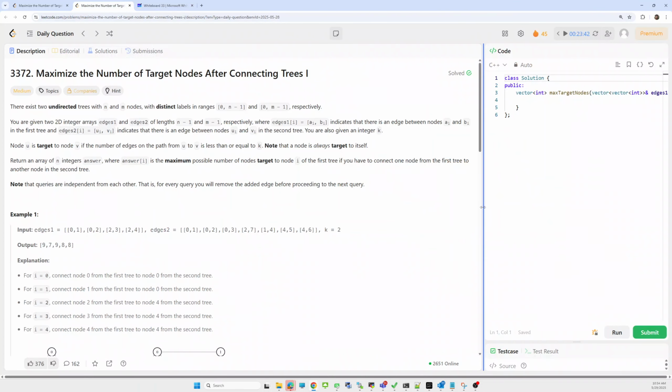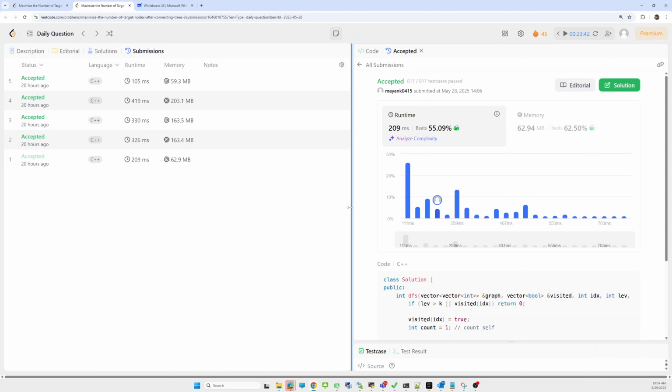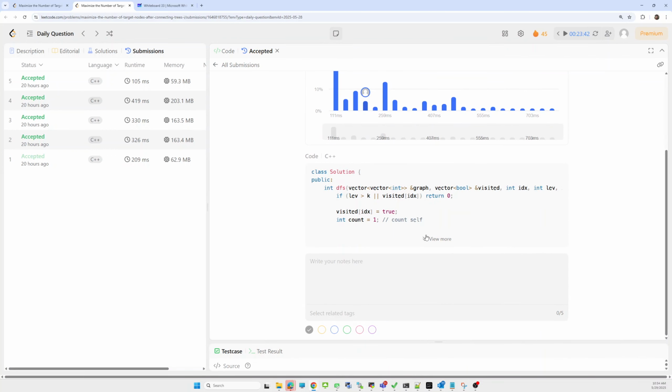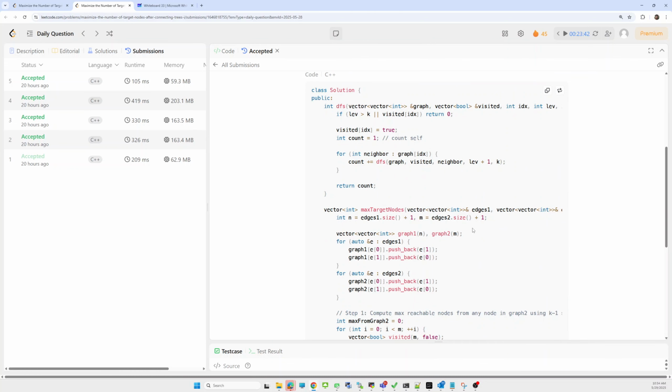So there are multiple approaches, like using BFS and DFS. First let's look into the DFS approach. I have already completed this solution and tried multiple scenarios, so we'll discuss it.